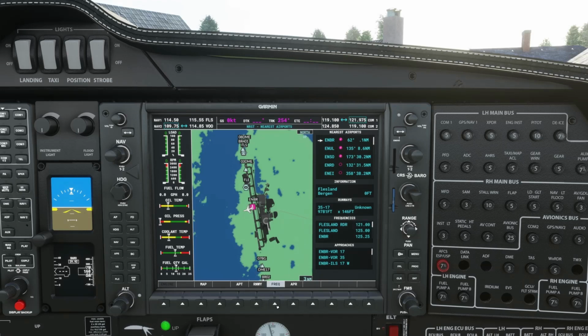Click on frequency again, and you can see here that because we're in the airports window, you've got airport, runway, frequency, and approach, which has now appeared. Flesland radar, Flesland, and other frequencies are here. If you want to tune these frequencies, all you've got to do is select which COM you'd like it to go into by means of this button here. So we put it into COM1, click enter, and then that goes into COM1.